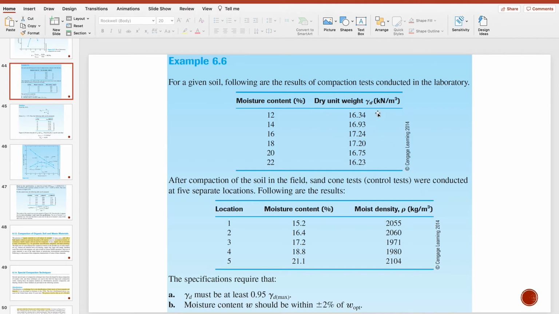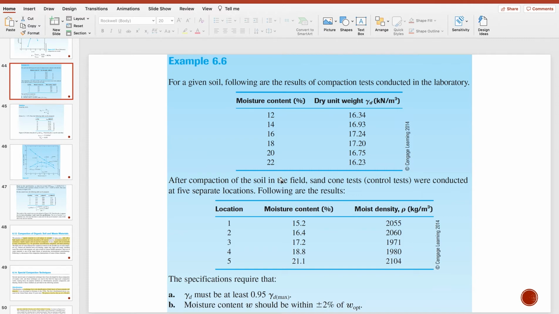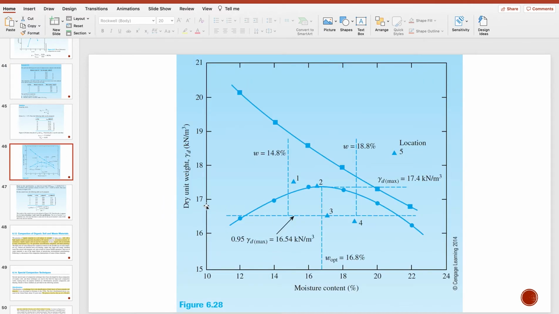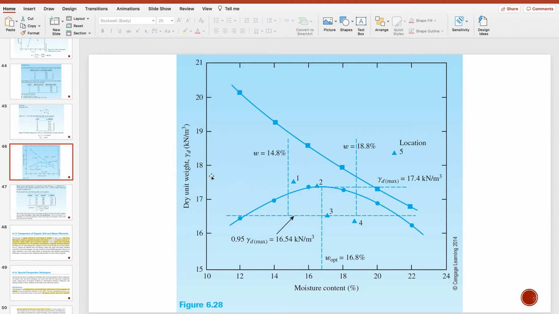Ipa-plot natin yung ating dry unit weight. So 12, 16.34. So 12, 16.34 ito. Okay? Next, we have 14, 16.93, 16, 17.24,